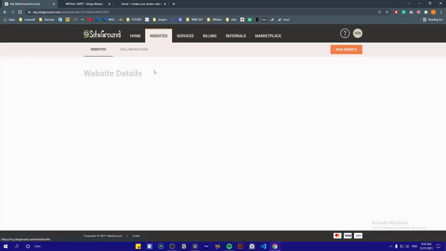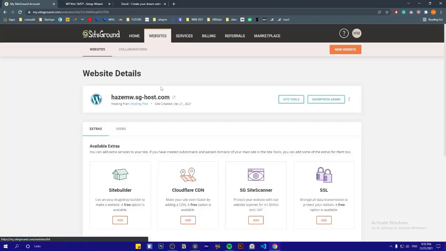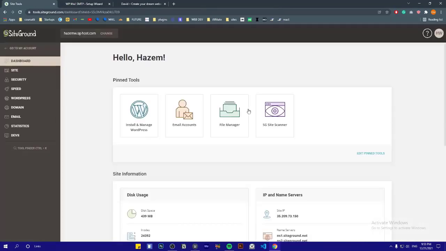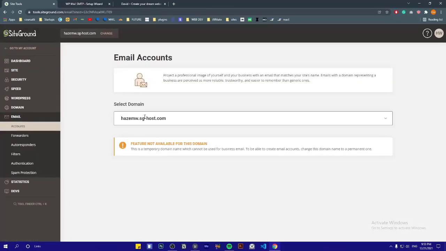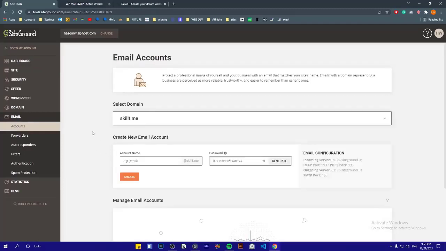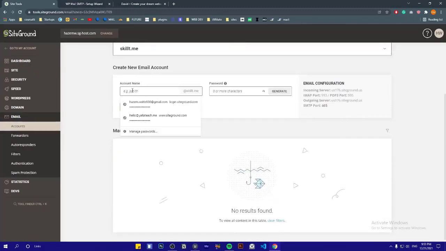Okay, so go to Siteground, then websites, and then click on site tools. Here on Siteground, click on email with the dashboard here, and then accounts. Choose the domain you created, then choose an account name and password in order to log in to your inbox